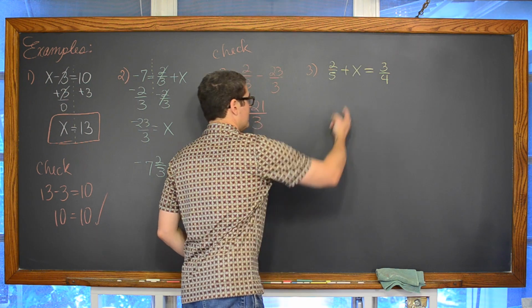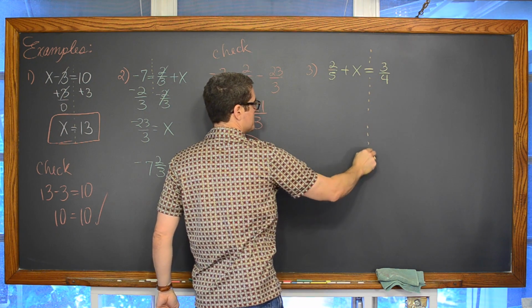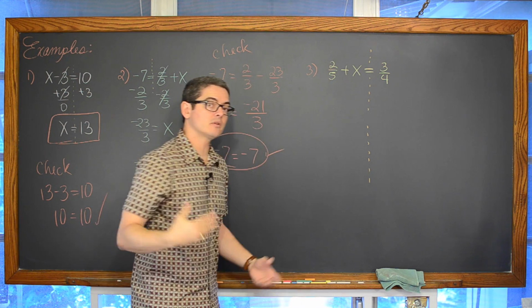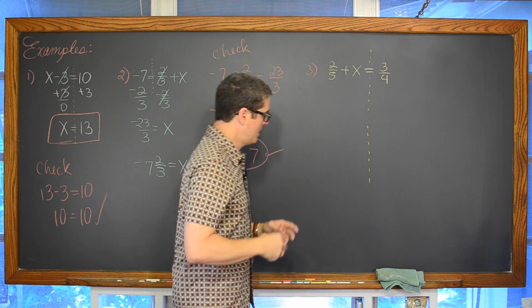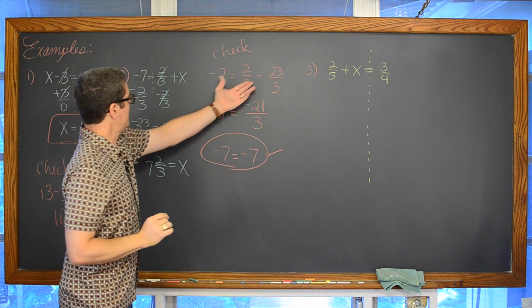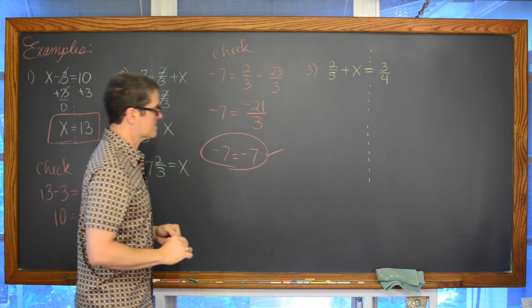Now over here we have our variable back on the left-hand side. Textbooks do tend to like to have that variable on the left more than the right, and so we get in the habit of always moving those numbers to the left, but we're not always moving our numbers to the left. We're moving those numbers away from the variable until we get it completely isolated.